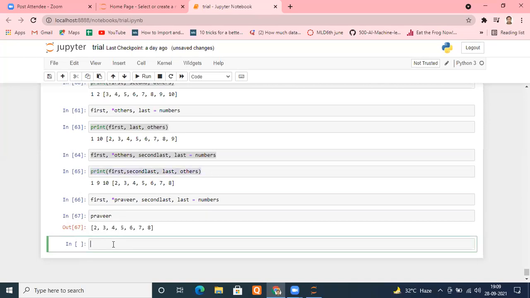Yes, let me place it in the first position. It doesn't matter. Printing is a passive thing. Whatever you say, it will do that. We are telling it: first, give me the value of the first variable, then second, then third. It is not a smart thing; it is just printing whatever we are saying. So let me print others here, and let me print last here. It's entirely my choice, whatever I want to do.